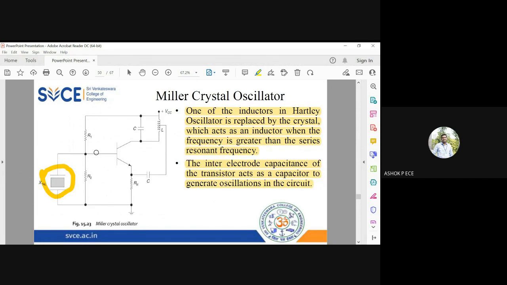Between the terminals of the transistor, you have so much capacitance, right, which is visible at high frequency. You know this, whenever you use LC oscillators, it is going to be high frequency. So these capacitances will also play a role along with the inductor in determining the frequency of oscillation for a Miller crystal oscillator. So you cannot neglect the effect of these capacitances in the operation of your